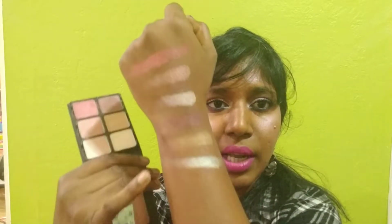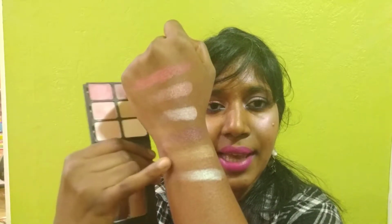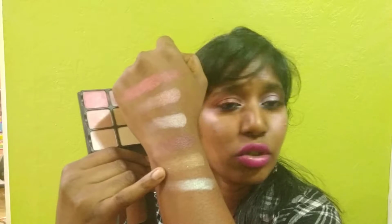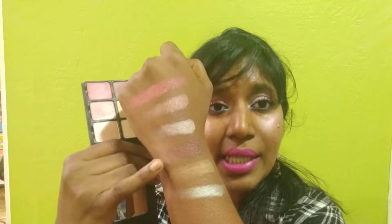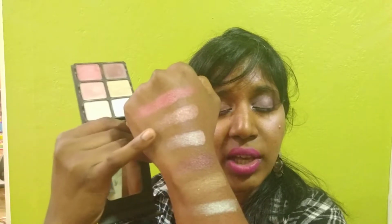And these two eyeshadows on a deeper skin tone look very, very similar. As you can see, this very pale peach is right here, and this white gold is right here. So two very similar shades, and this strong gold tone shade is not good. So I personally like only these three shades, this burgundy and this pinky peach and this mid-tone peach. So for three shades, $45, I actually do not like this, and I do not recommend this